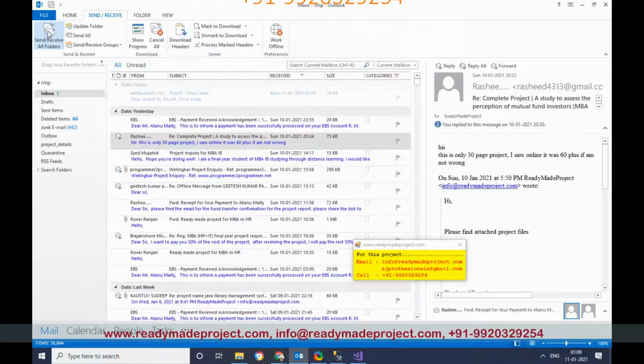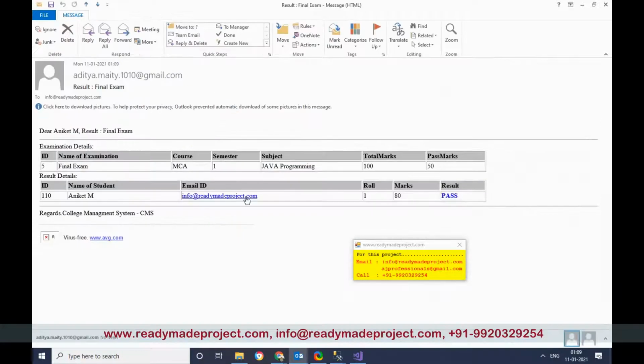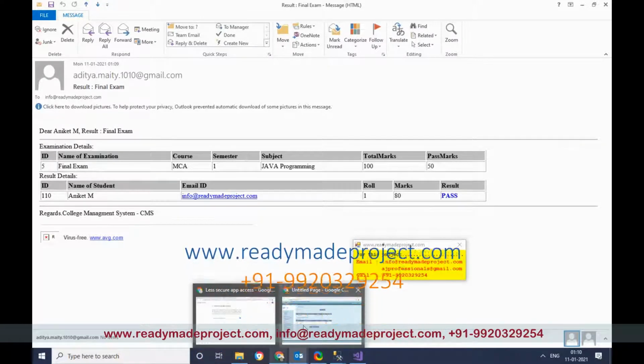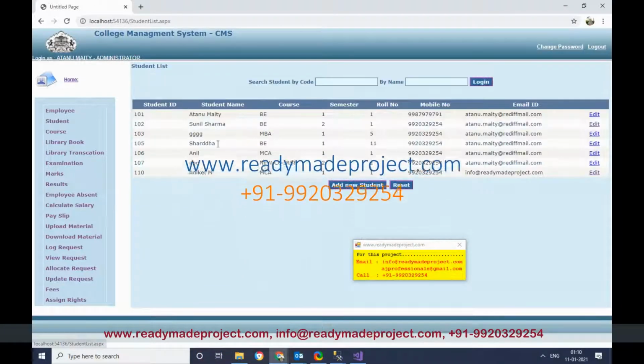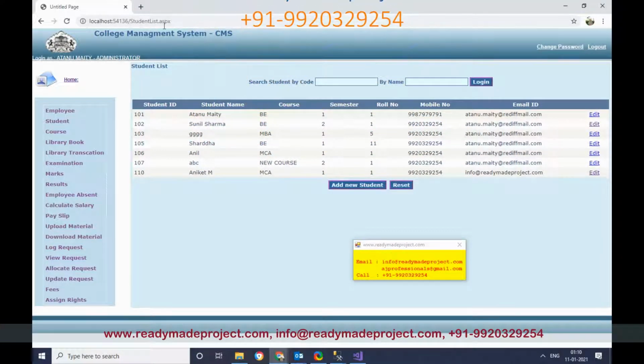So this result is coming from this, and whatever marks I have entered and the pass status and exam details are coming. And the second student's email ID, I have to check. I can go to my project, student, the same student Anil. His email ID is this one. So you have to check this email ID.